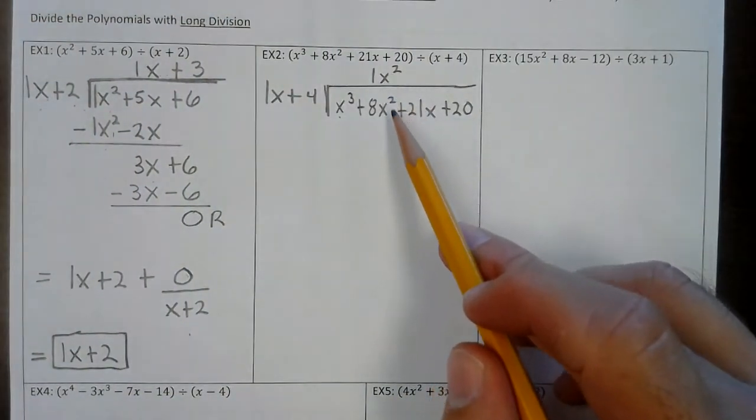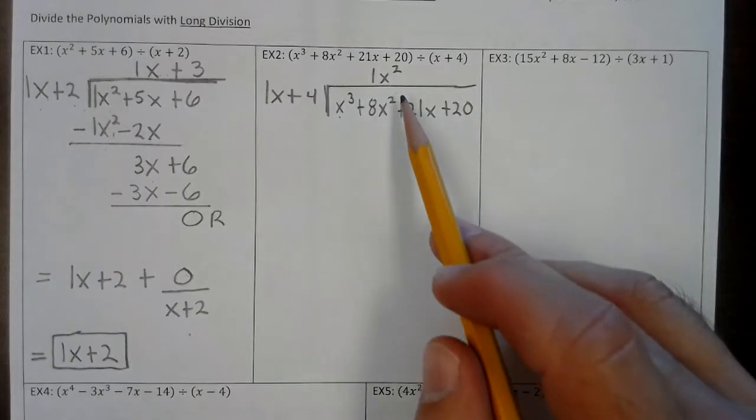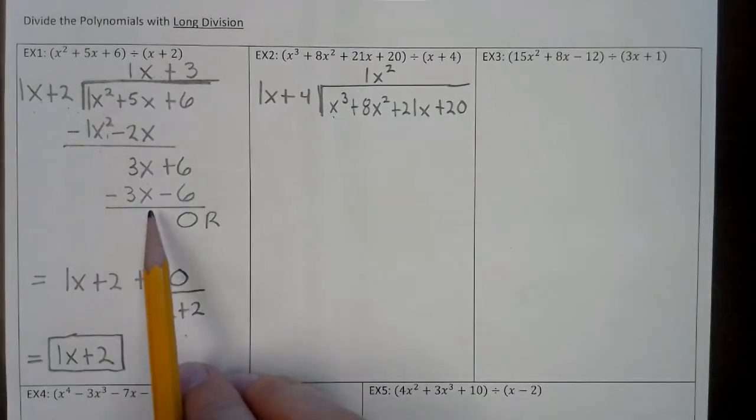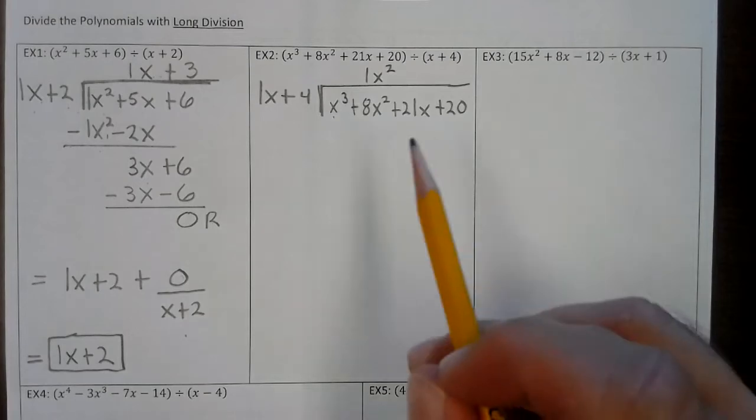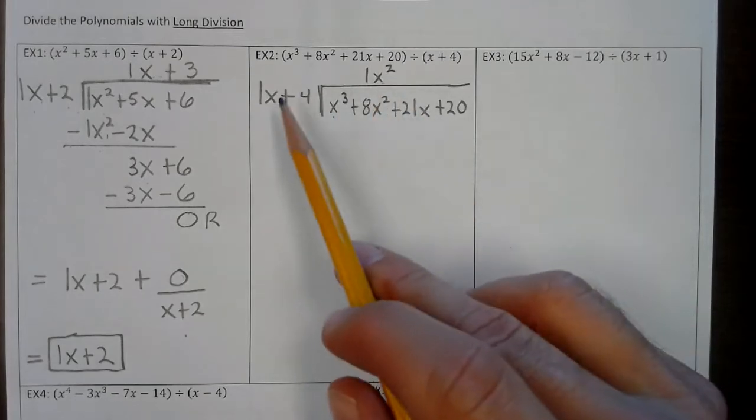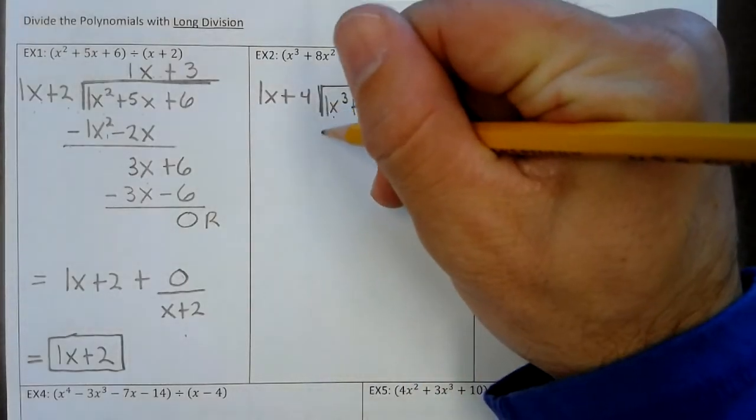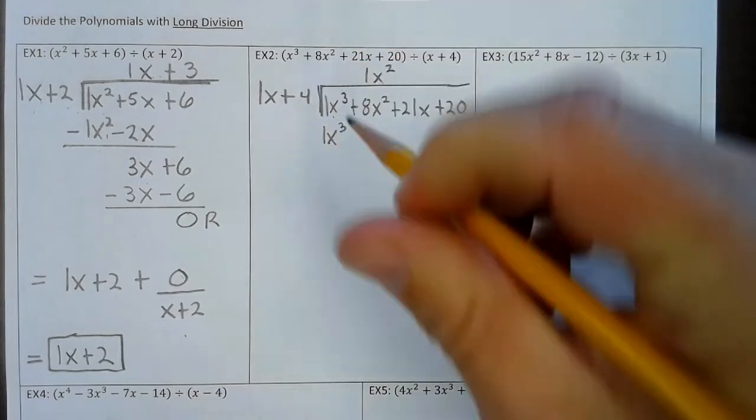Remember, you keep these lined up. It's very important that you keep it lined up. So see how all the x's were lined up? You're going to keep all the x squared lined up, all the x's and constants. Now we say, what is 1x squared times 1x plus 4? Well, that's 1x cubed